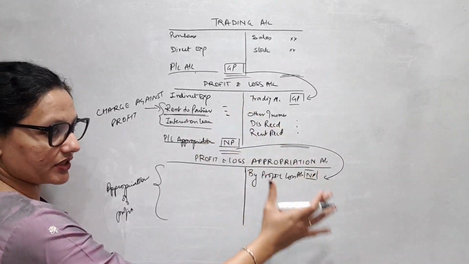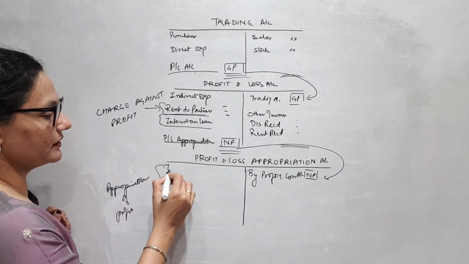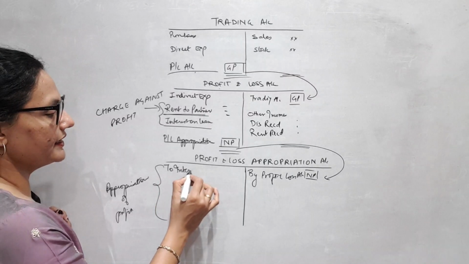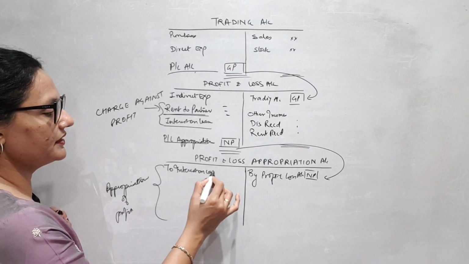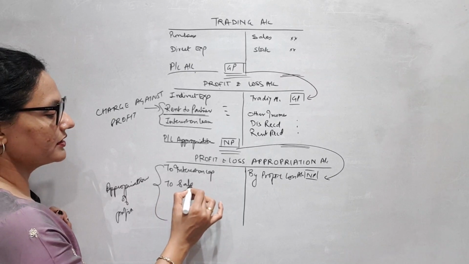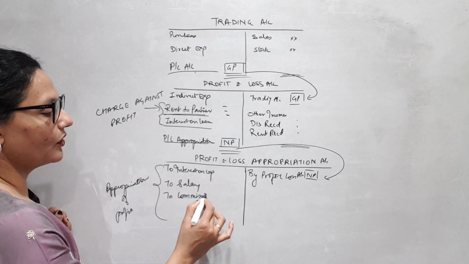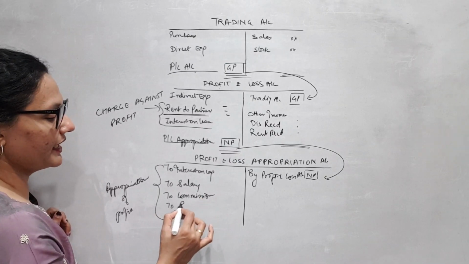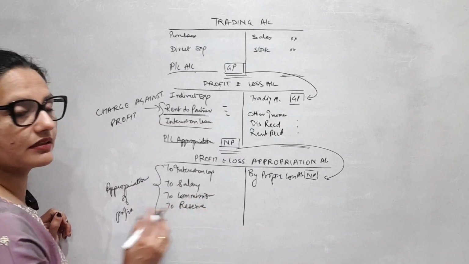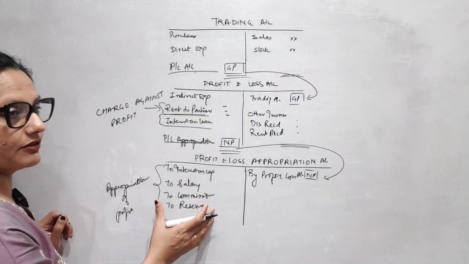This is a charge against profit, this is an appropriation of profit, meaning once I have sufficient profits, I will give the partners their interest on capital. If they are supposed to get any salary or commission, all of that will be given. If we are creating a reserve, we will transfer a certain amount to the reserve. Reserve meaning